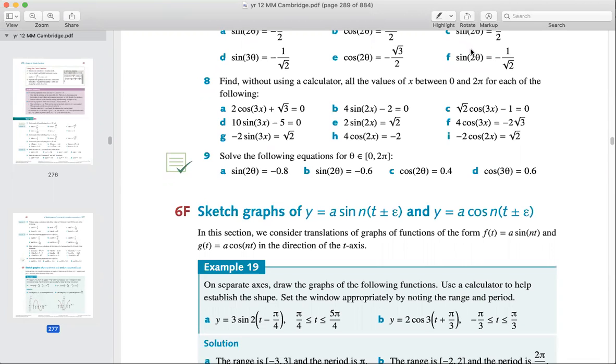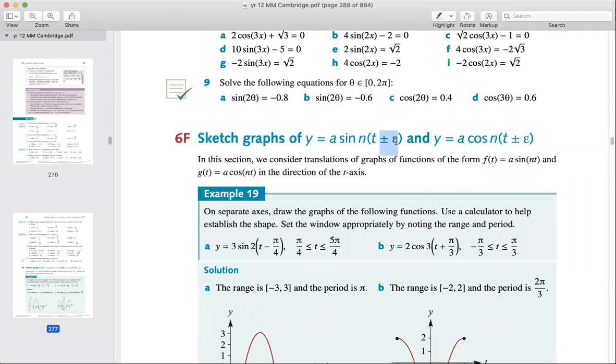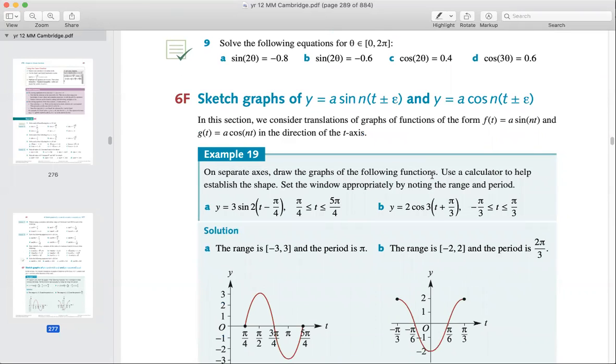Okay, sketch graph. Now it's even getting worse or disgusting. Maybe I should put it this way, because first we have the dilation factor, which is A. Then we have our change of period, which is n. Then I also have my shifting, which is epsilon, from the t plus or minus. Have you seen this one? This one is just Greek letters. So if I plus or minus epsilon, it just means I shift my whole graph to the left or to